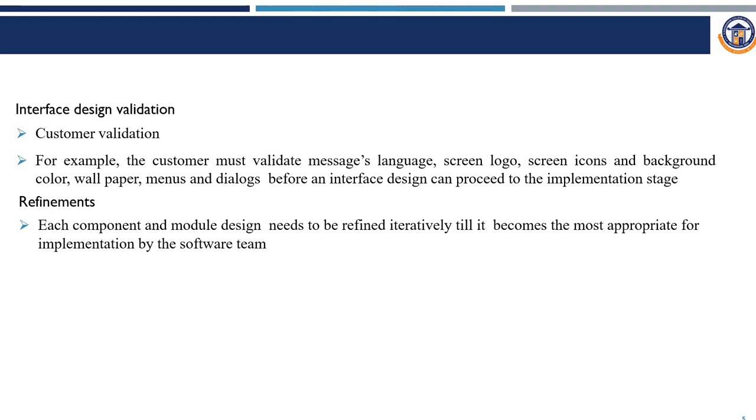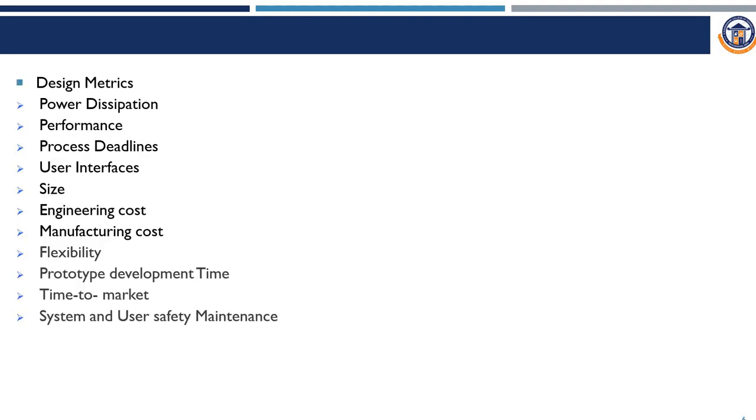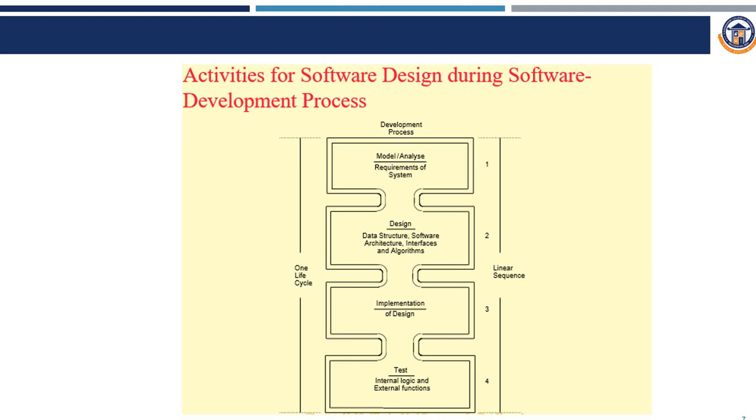Finally, the refinements. Each component module needs to be refined iteratively till it becomes the most appropriate design for implementation by the software team. Before your design process, we need to know about design metrics. Power dissipation, performance, process deadlines, user interface size, engineering cost, manufacturing cost are the different design metrics. Moreover,